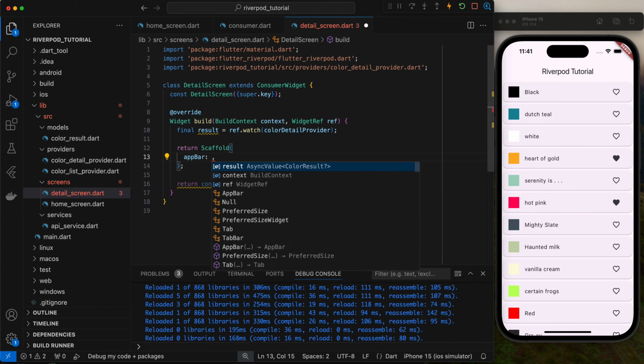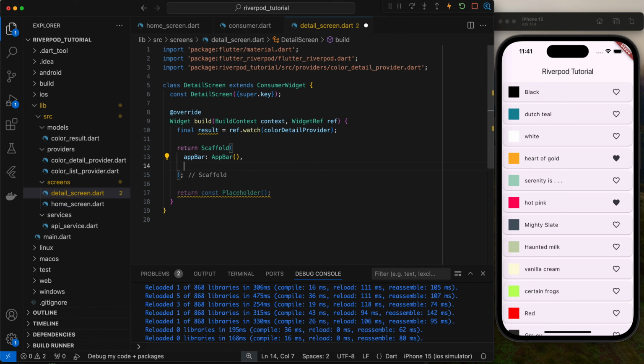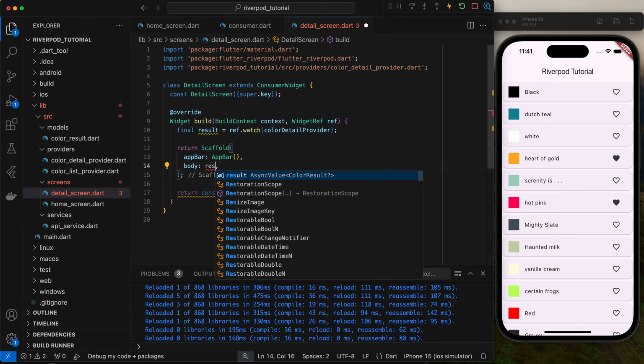and we're going to have an app bar, just so we can have a back button really. I'm not even going to put anything in it. And then our body, what we're going to do is we're going to take the result dot